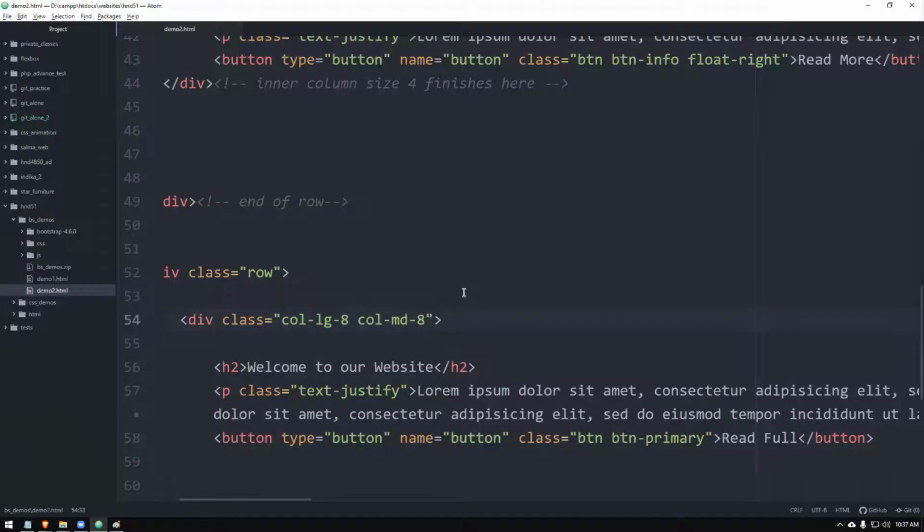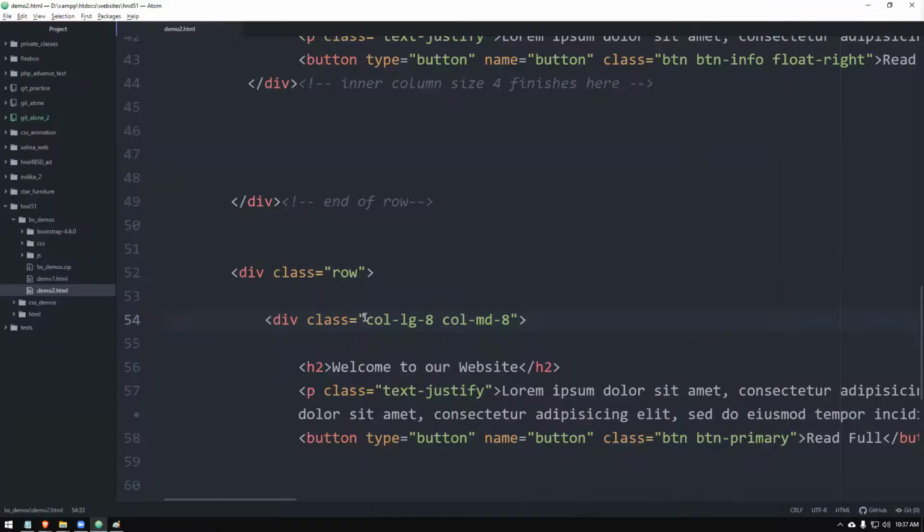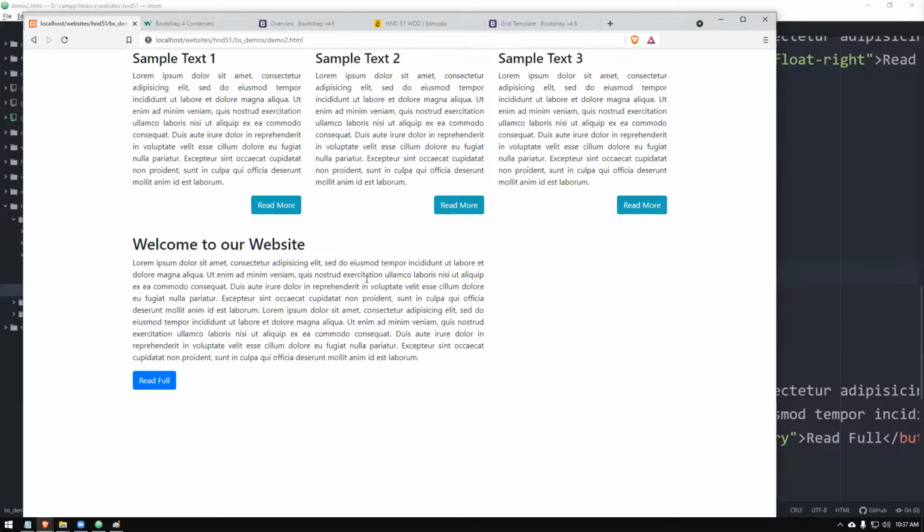I'm just showing the grid only. If you want to increase margins and all, built-in classes are there, you can use your own things. Like here you can type style, you can say margin top, let's say 40 px. If you give, then that margin comes.